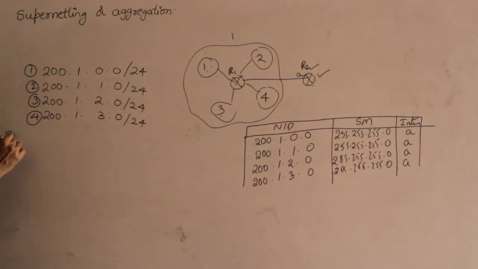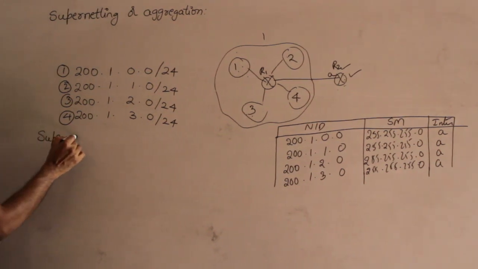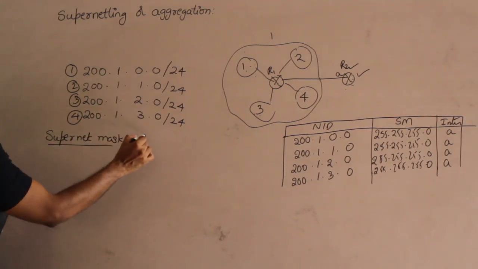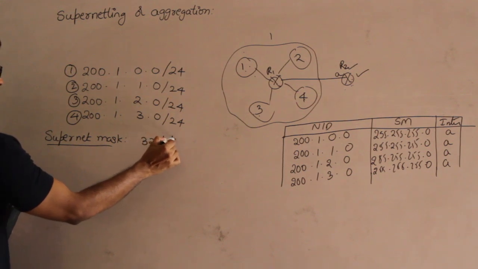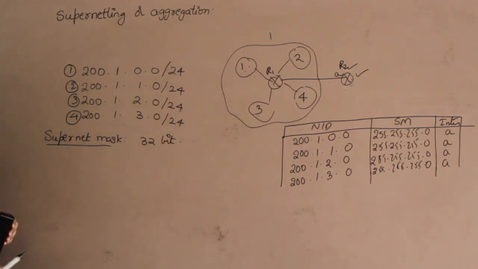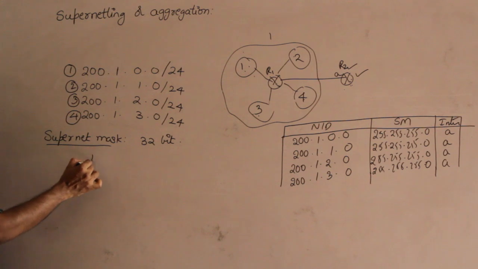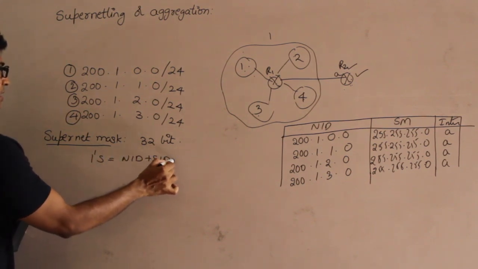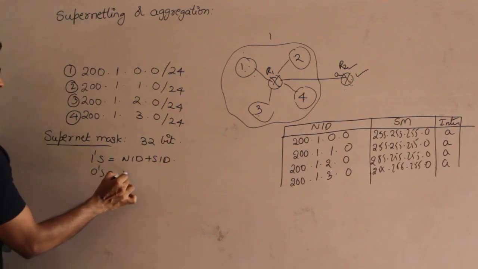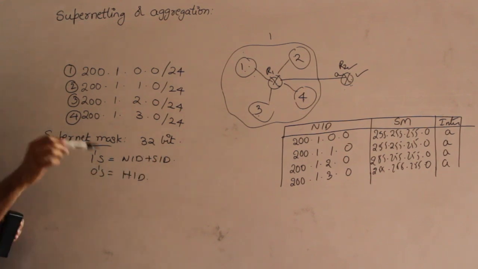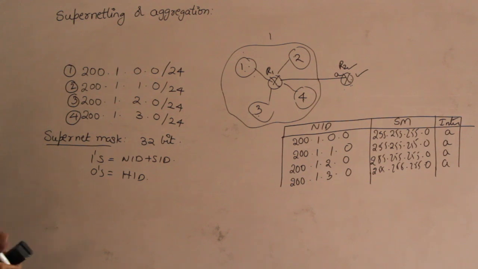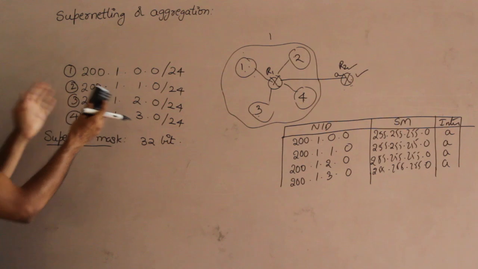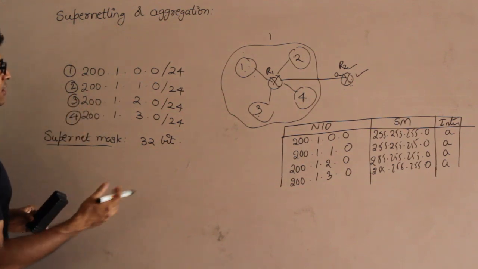So, supernet mask, like subnet mask, is also a 32-bit number. If you look at the subnet mask, the number of ones represents the network ID part plus the subnet ID part, and the number of zeros represents the host ID part, right? Now in the supernet mask, the number of ones represents the fixed part and the number of zeros represents the variable part,